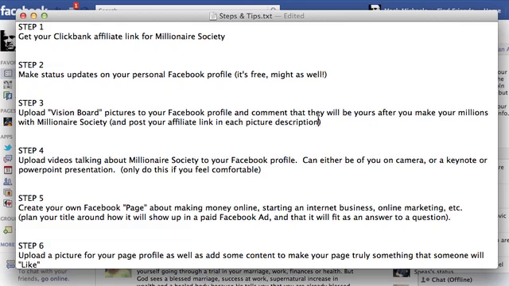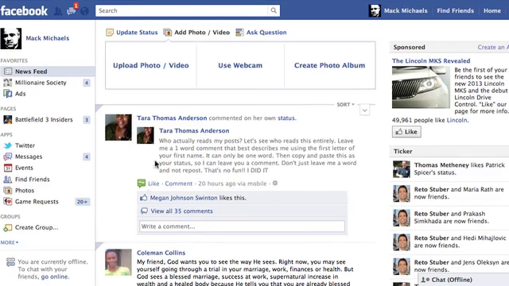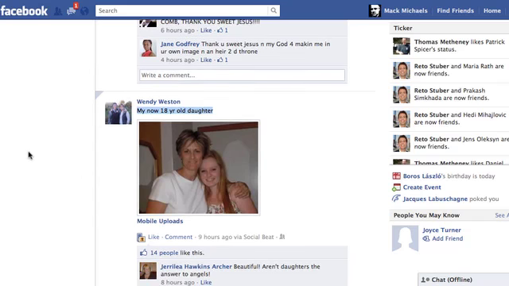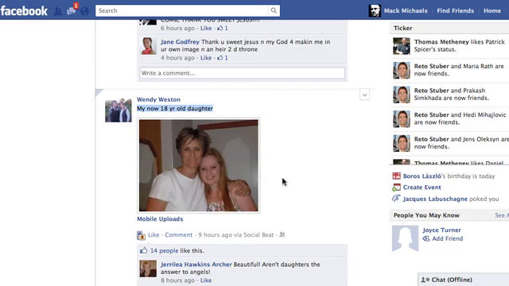And then you post your affiliate link, because when you post your affiliate link, it's actually going to show up in people's Facebook feeds. Very few people do this. I have a lot of people on a couple of my Facebook profiles and pages that I'm friends with, and they just spam Facebook with affiliate links, and they all do status updates. Very few people do the pictures, but the pictures, I can tell you from personal experience, because I test all this before I show you,